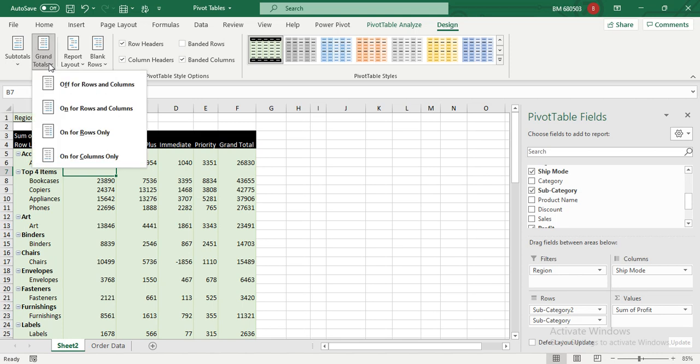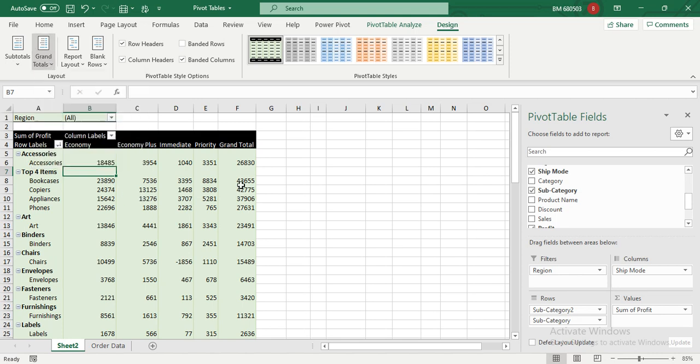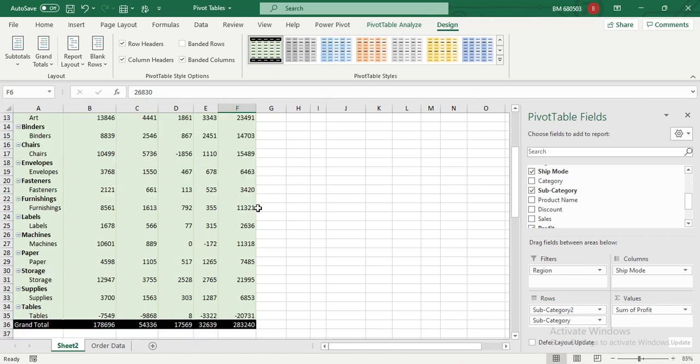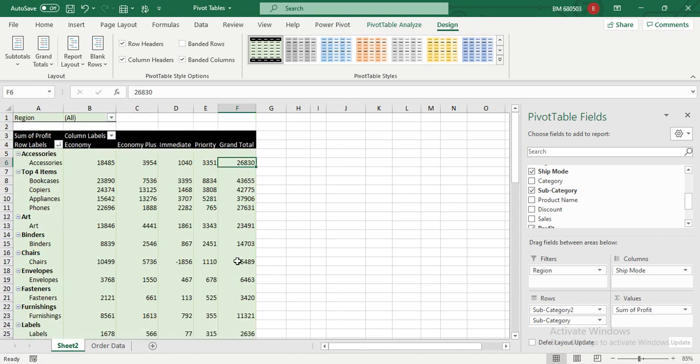Likewise, you also have grand totals. Grand total is nothing but this particular column that basically adds all these numbers 1, 2, 3, 4. If you just add these four numbers, you get the total as 26830, which appears here. Likewise, if you add all these numbers, there is a row total that appears here. So that way you can